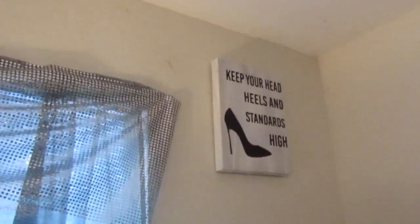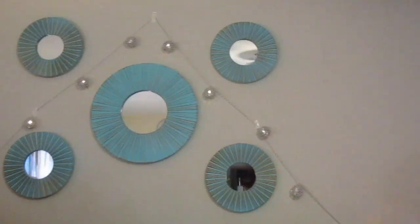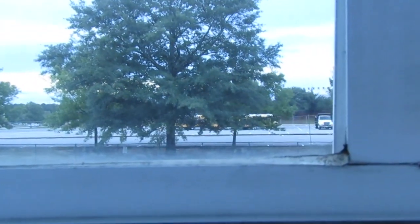And I have another thing on the wall, some little mirrors on the wall. Those are lights strung up, and this is my window. Let's see if you can see outside. That is this. I don't know if you can really see, but that's the stadium across the street. This is my lamp,